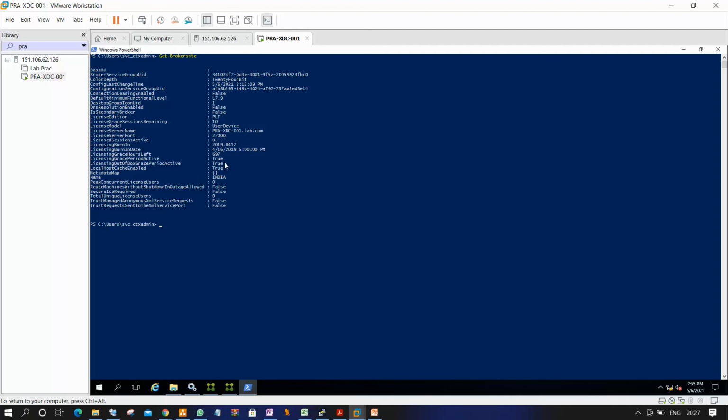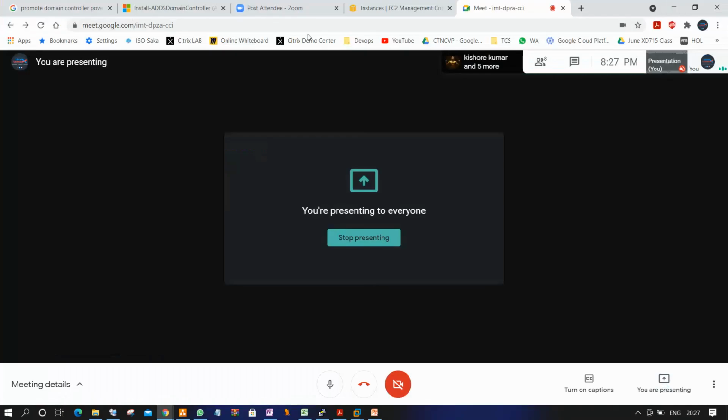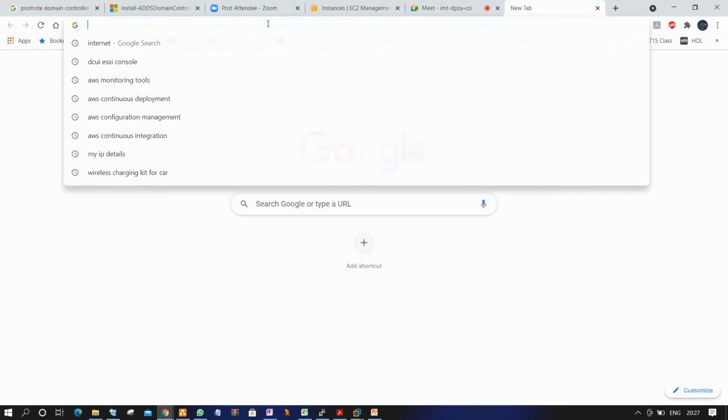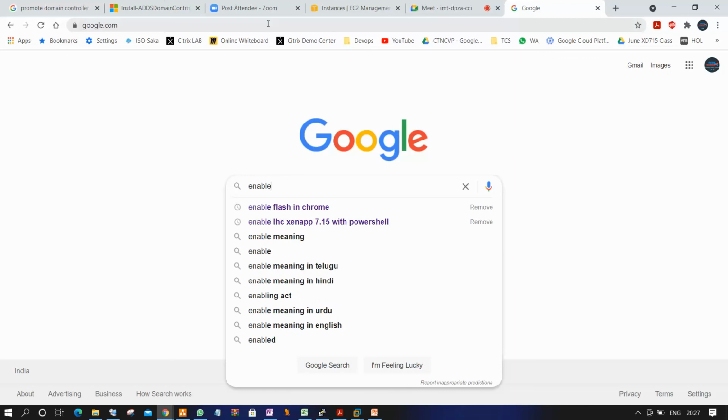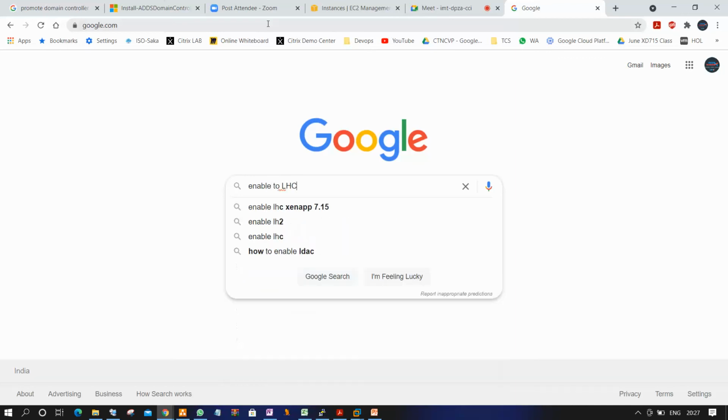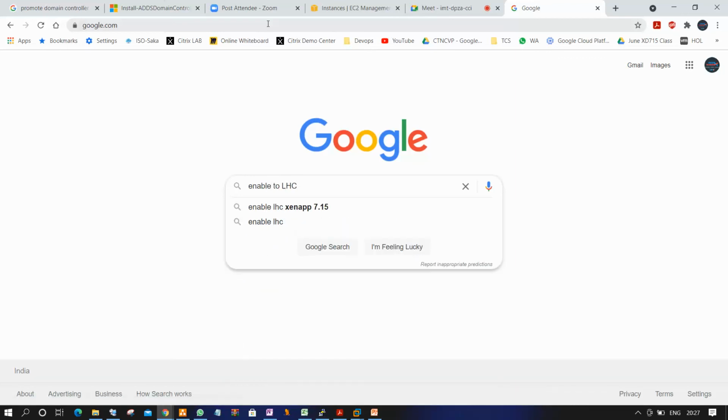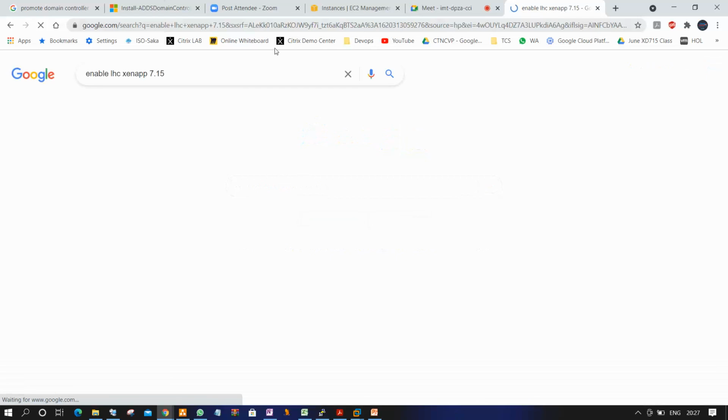So this is 7.15 now. By default local host cache is enabled, and connection leasing is disabled. Do you want to disable the local host cache and enable connection leasing? Yes, we can do that. There is a command available. I'll show you, a very simple command.